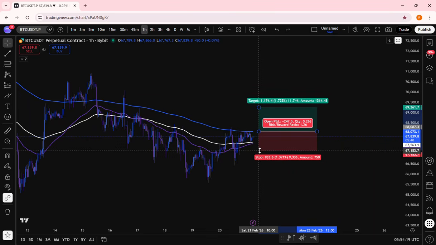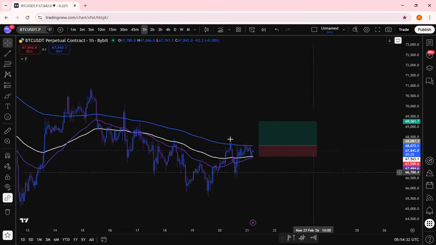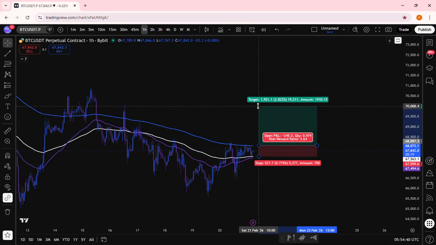I would have my stop loss just underneath there, so 0.8 stop loss. If I was in a swing position, I would definitely cover it down to about there, but I'm talking about like a day trade. And we can see here liquidity levels. These are liquidity levels 1, 2, 3. So my target is first going to be this liquidity level, and this liquidity level will be target number 2,